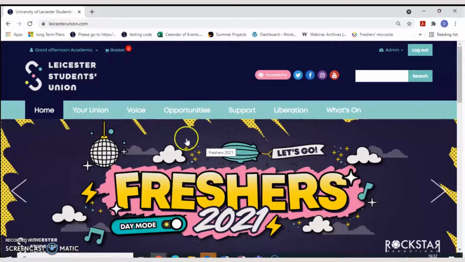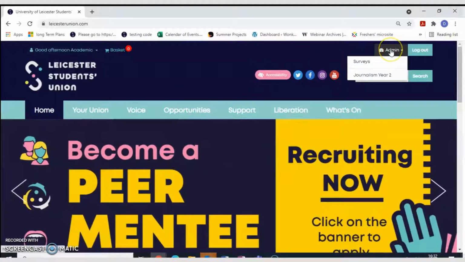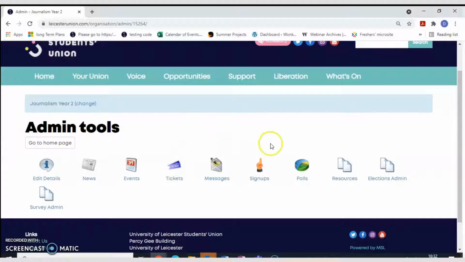So I am logged in. You will have a very short welcome menu, but you also have an admin menu. In this particular case, I'm a representative for journalism year 2. I'll go on that course, and you will notice this array of icons that are made available to you to use.